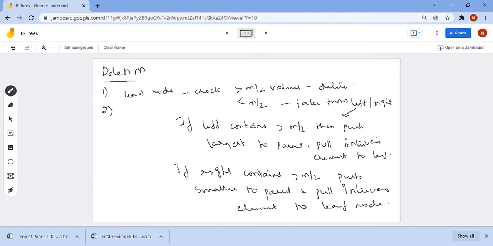So now we'll see the deletion procedure in B trees. If an element to be deleted is present in the leaf node, and the leaf node contains greater than m by 2 values, then just delete that element. Okay, so let us assume the leaf node where the element to be deleted is present,